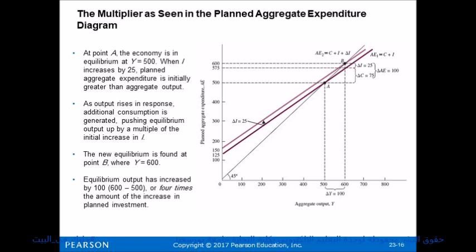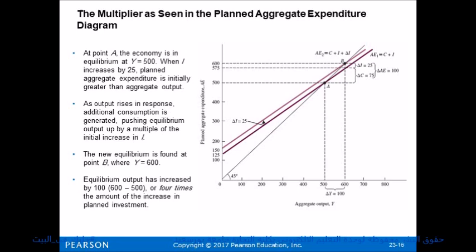At point A, the economy is in equilibrium at Y equals 500. When I increases, let's say by 25, in this case, planned aggregate expenditure is initially greater than aggregate output. As output rises as a result of additional consumption being generated, equilibrium output is pushed up by a multiple of the initial increase in I, or investment. The new equilibrium is found at point B